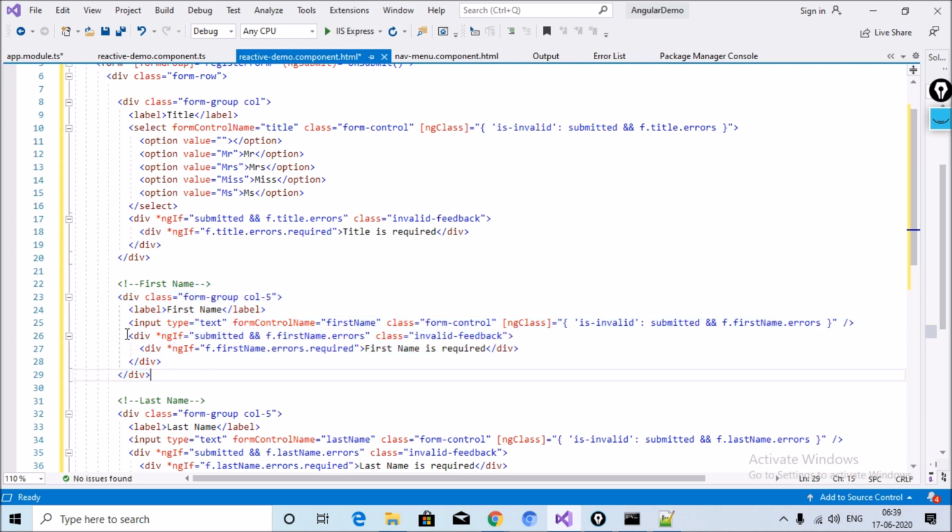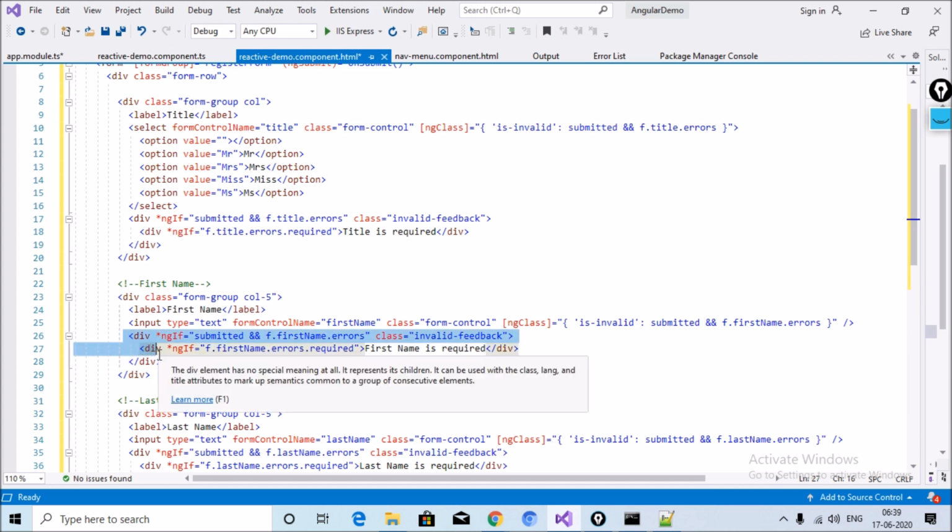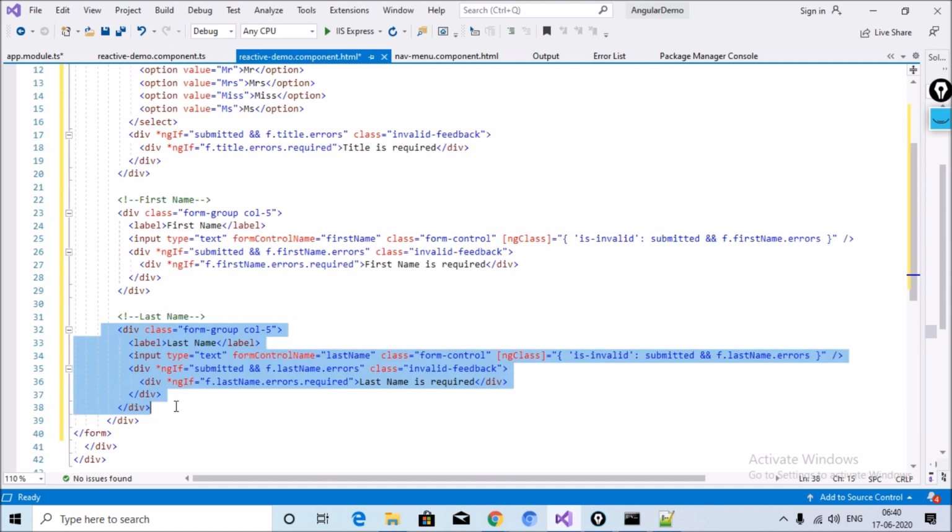After that, inside the div two conditions are shown: ng if submitted and f.first name errors, showing class invalid feedback, and the second one is ng if first name, and like that. Similarly for last name we implement similar HTML, label and input type and similar class, just changing the message, and two divs are shown similar to the previous one, with ng if conditions.